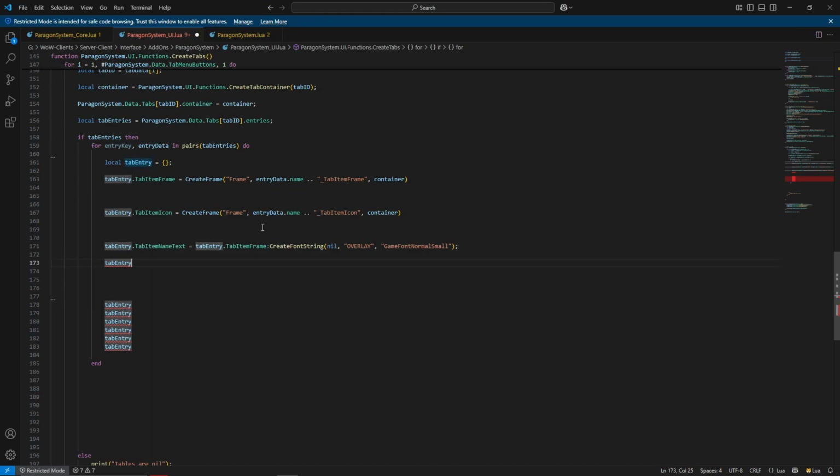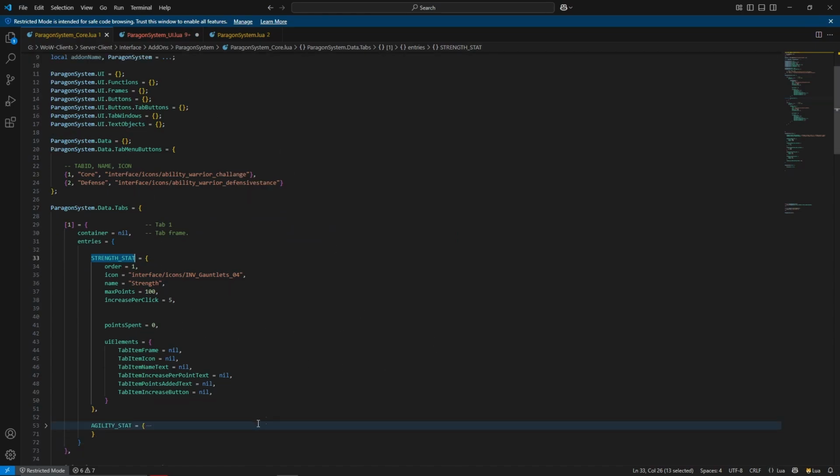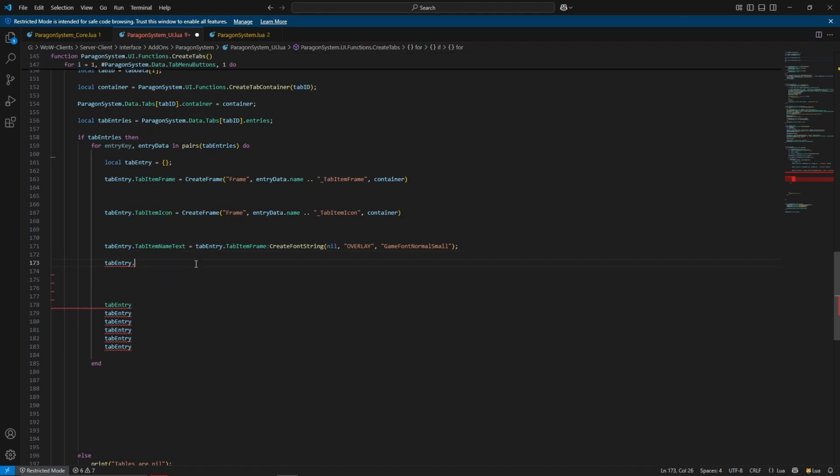Next, we write the increase per point. So I will just head over here and copy. It's just a bit faster than writing it all. So copy tab item increase per point equals, and what should that be? Equals tab entry dot tab item frame colon create font string again, and we again say nil comma overlay comma game font normal small,